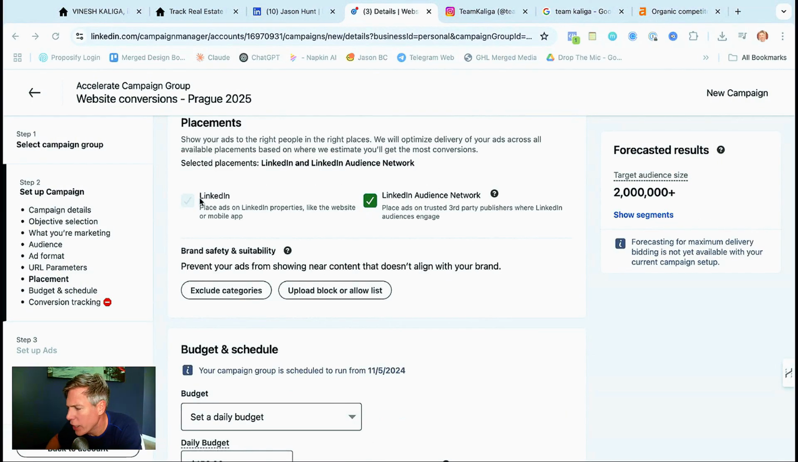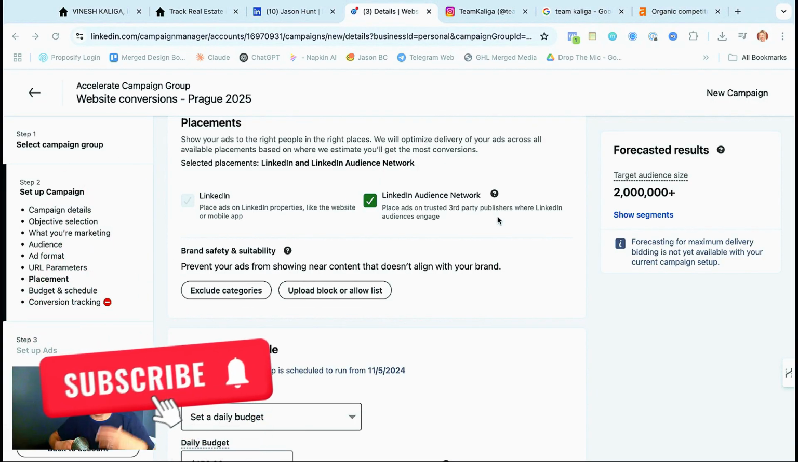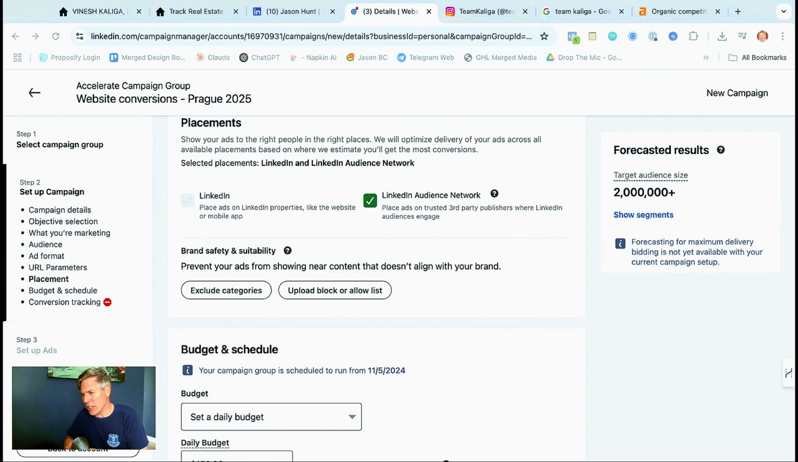Now you have the option of hitting up just LinkedIn or LinkedIn Audience Network. A lot of platforms, even Meta, have Audience Network. This is going to be sites outside of LinkedIn, but connected to LinkedIn. I like having this toggled on just because it gives you a bigger pool of people to target, thus bringing